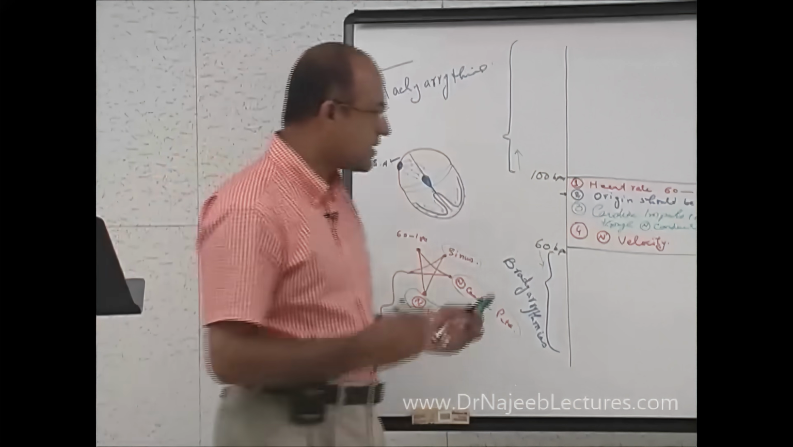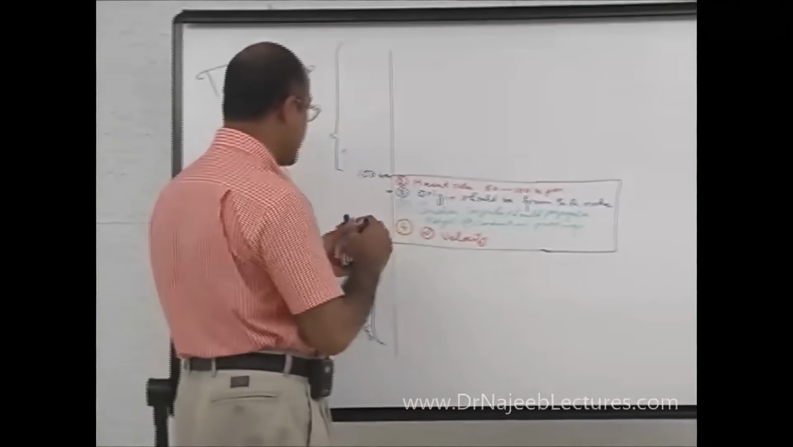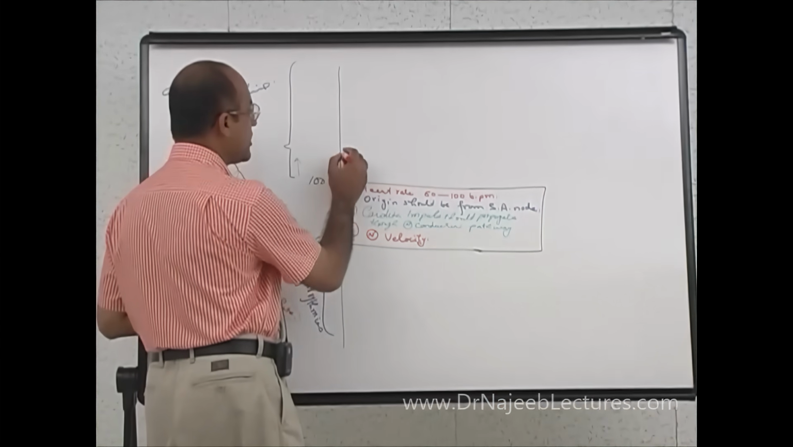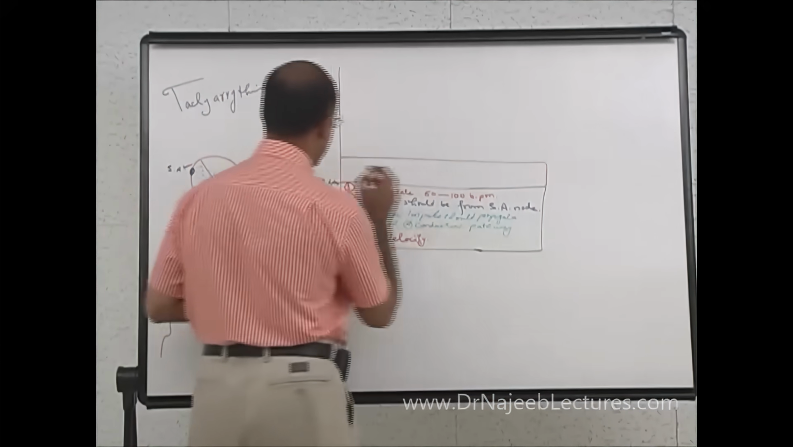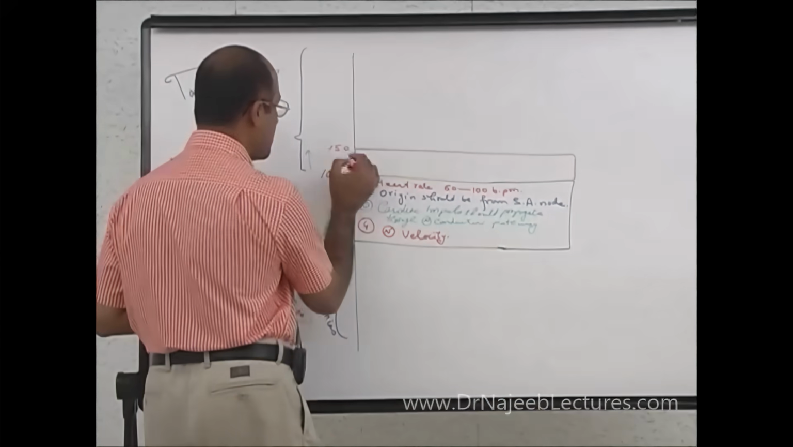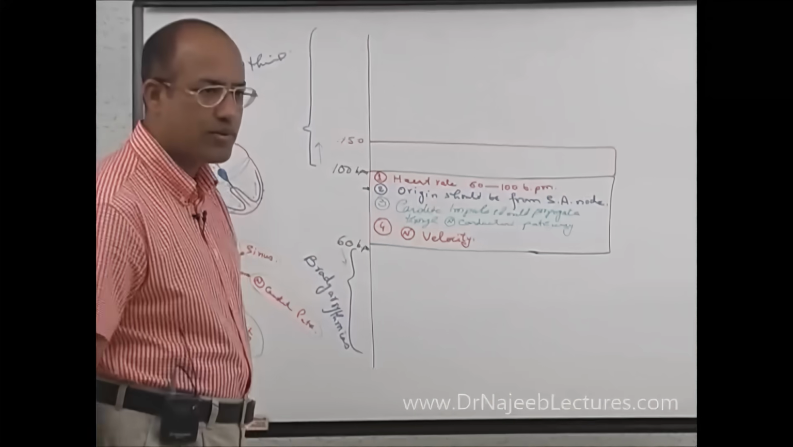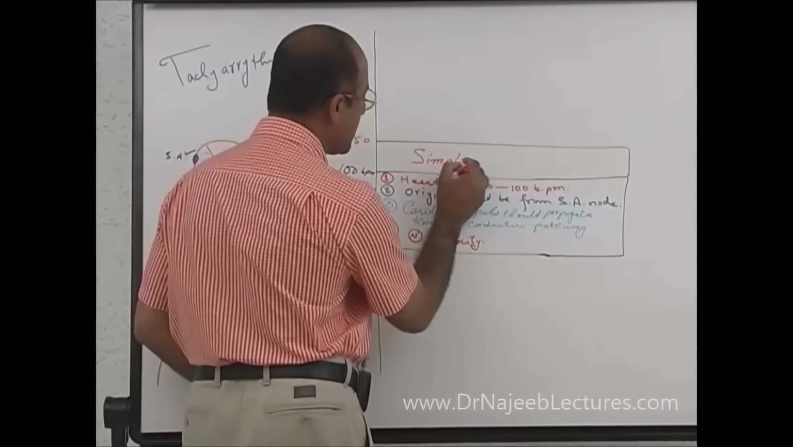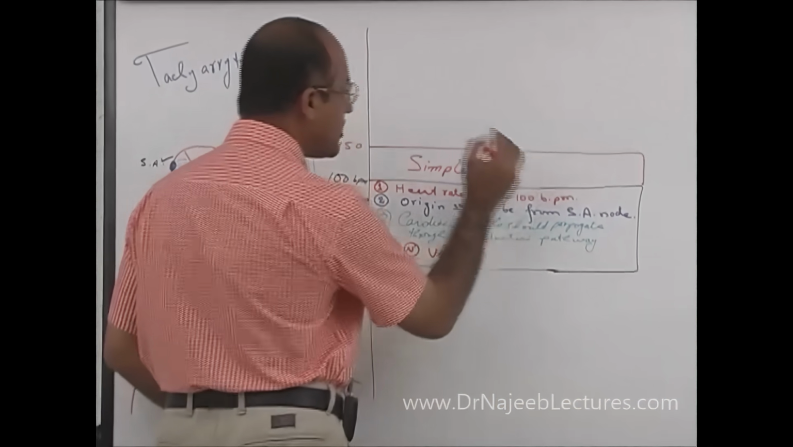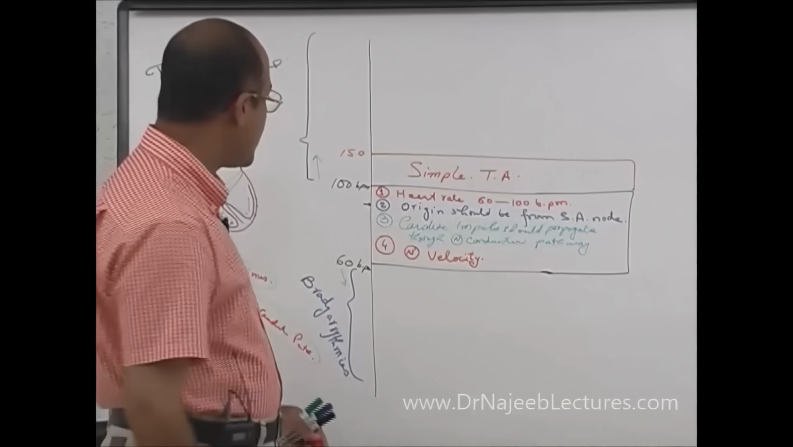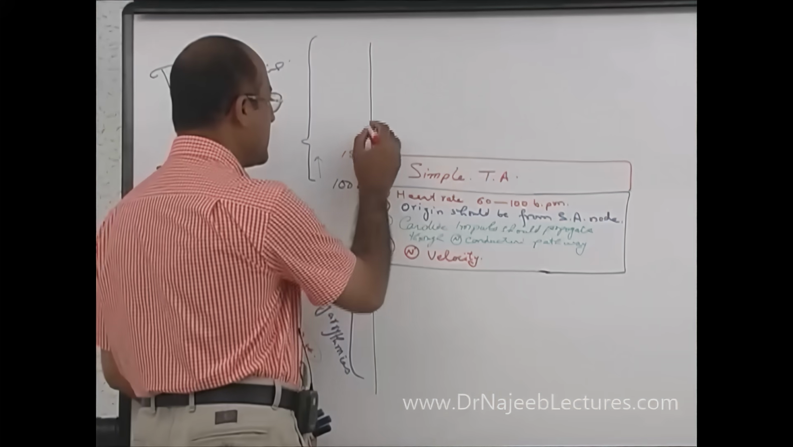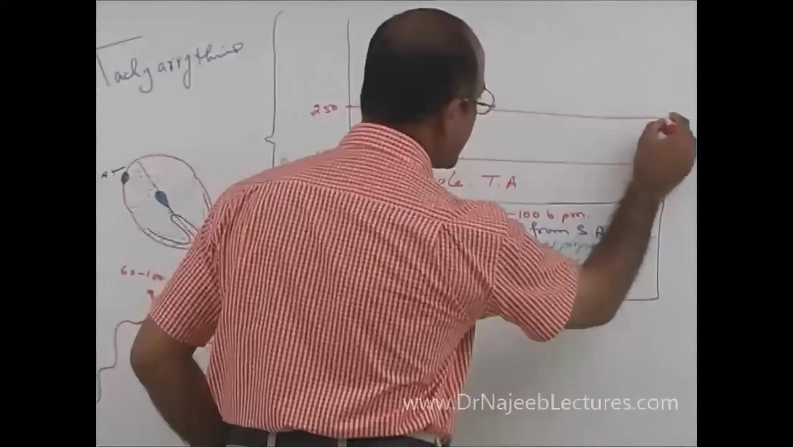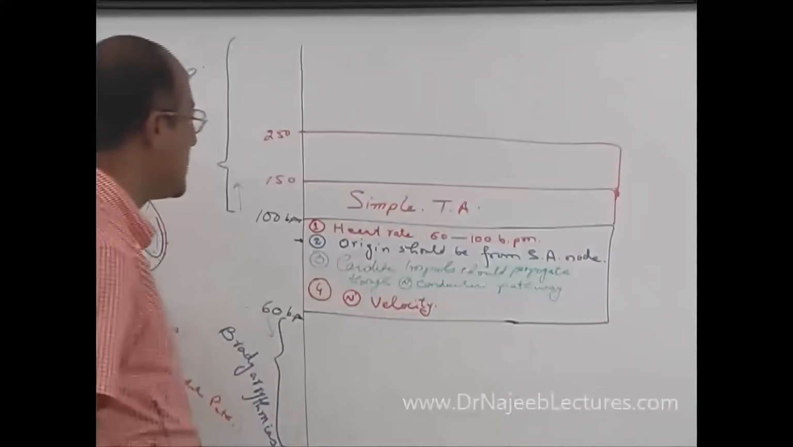Now, about the tachyarrhythmias, again there is a simple classification. If tachyarrhythmias are somewhere between 100 to 150 beats per minute, we call them simple tachyarrhythmias. And if heart rate is somewhere between 150 to 250, electrical activity in the heart has gone somewhere between 150 to 250,